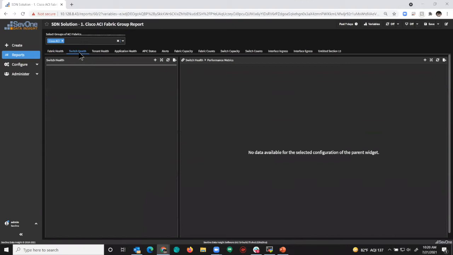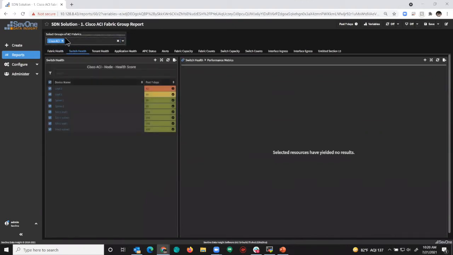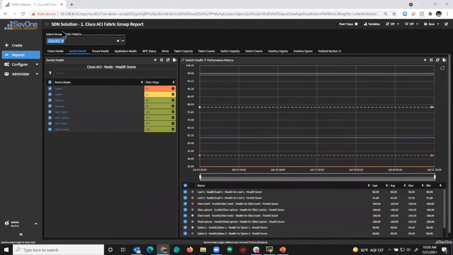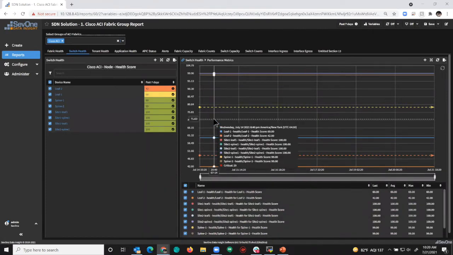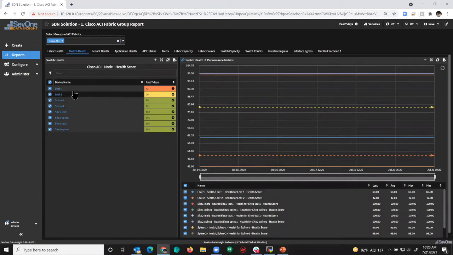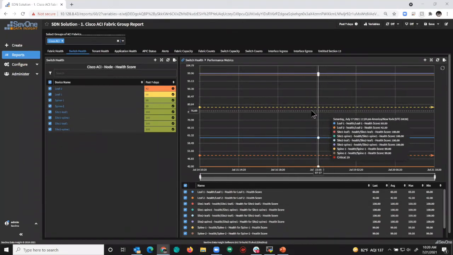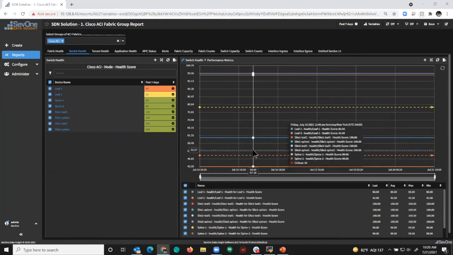So let's look at the switches. And again, I'm looking across all of the fabrics that I'm managing, not just one fabric. So again, this is that I have multiple data centers. I want to see everything, and I want to see it in association with each other. So here you can see these are all the switches associated with all of the fabrics that are here. Again, it's a lab, it's not a big environment. So I've got spine switches, leaf switches for different fabrics. And then I can look at that data over time to see if it's changed and baselines and things like